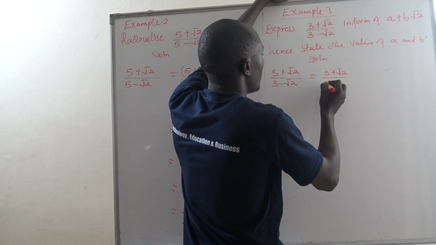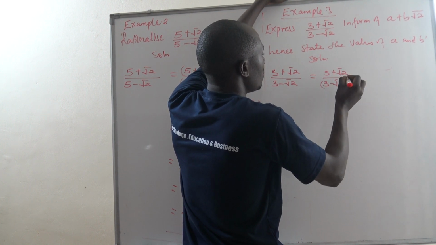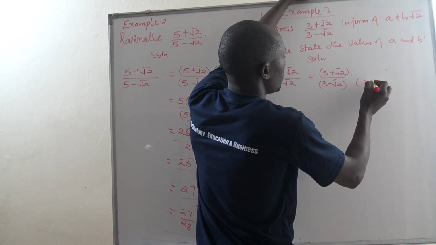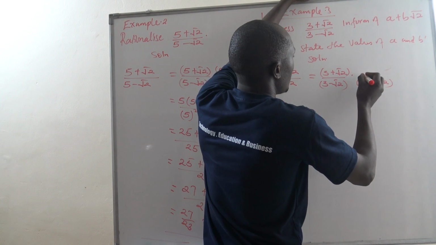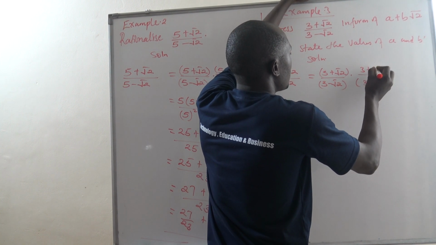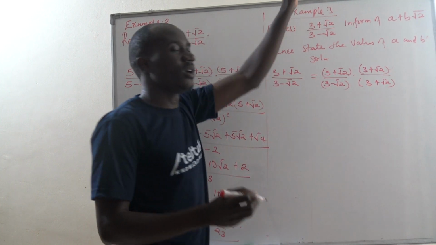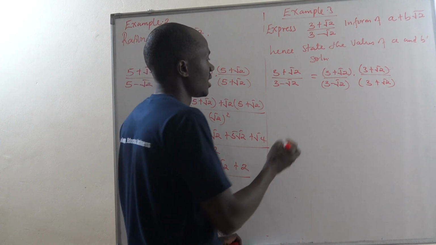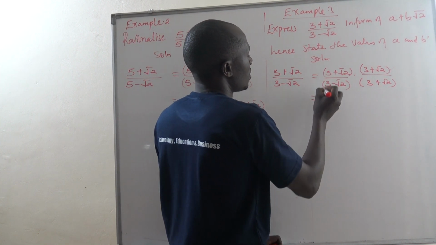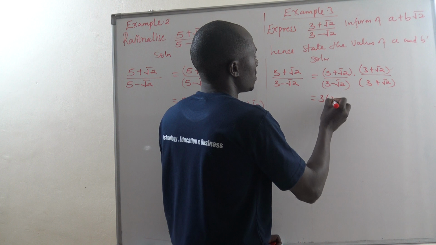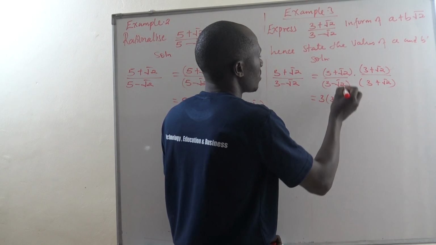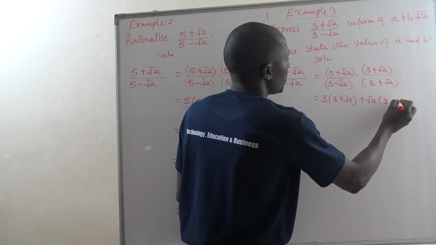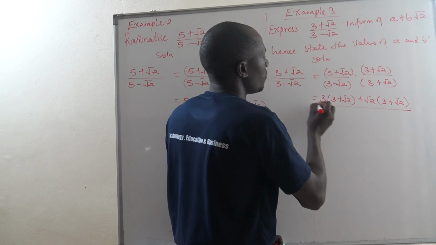So listen, we are having 3 plus root 2 all over 3 minus root 2, equals 3 plus root 2 all over 3 minus root 2 times, you can put them in brackets, you are taking a conjugate, which becomes a plus. What you have done down, do it up. Then we are free now to open up our brackets. This becomes 3 into 3 plus root 2, then plus root 2 into 3 plus root 2, all over